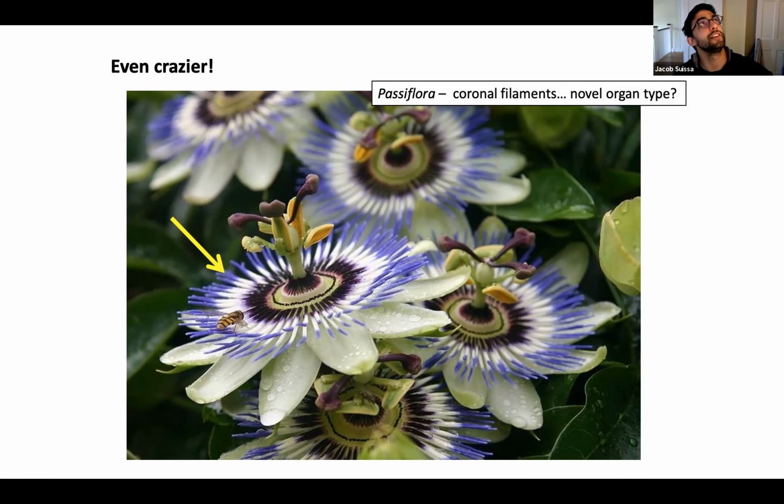Well, there are things that we call the corona in other plants. Whether they're the same thing, I'm not entirely sure. I think you might want to Google this, but I think in daffodils, the narcissus, we call that inner tube a corona. I'm not entirely sure, but yes, to answer your question, there are things like this in other plants, but generally